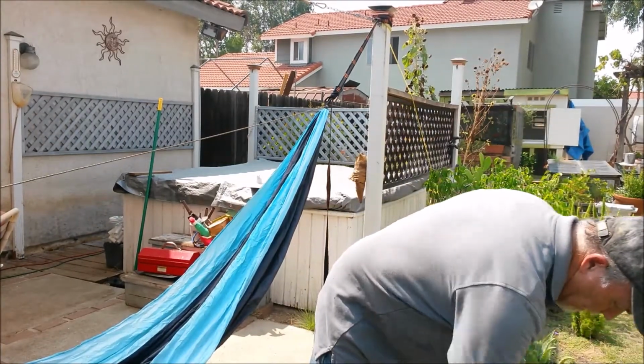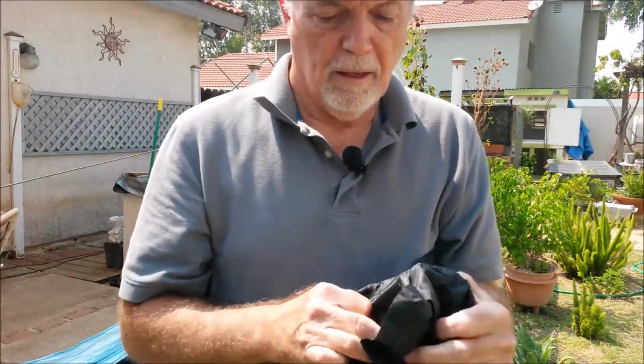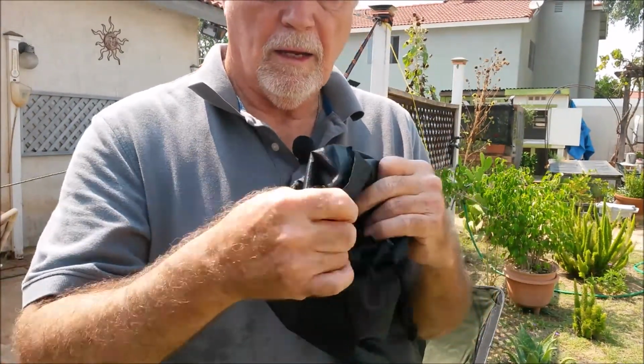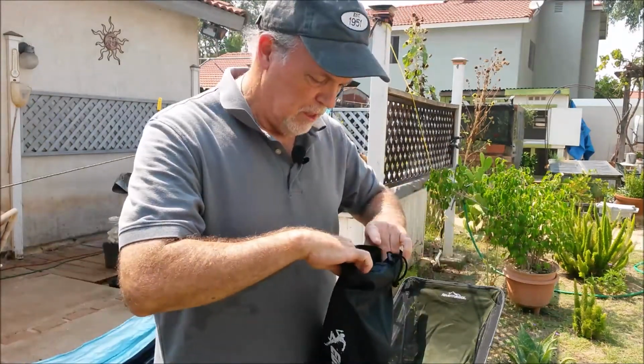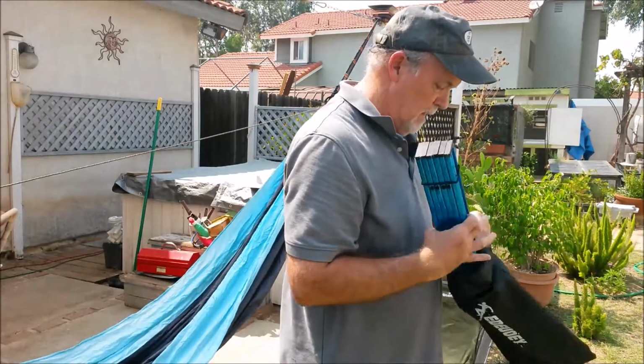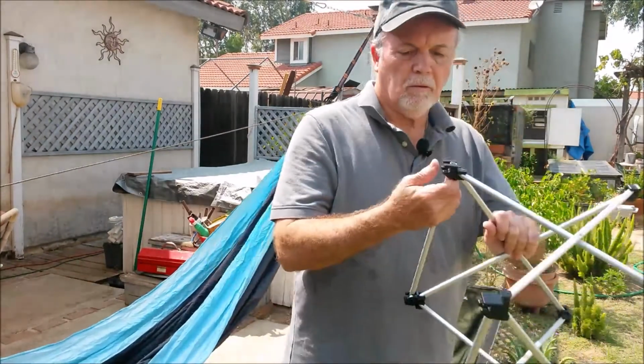Now before I put this in here, let me show you something about this bag. This bag has separate compartments, one on each side for each piece of the table. So let's get this side here in. So in here,